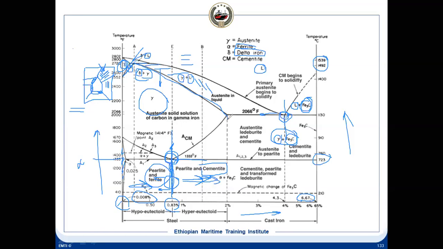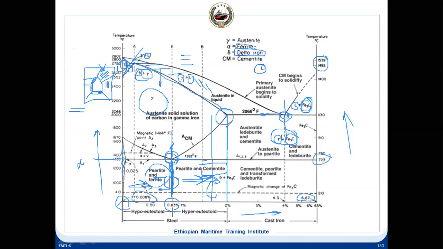So up to this we have one structure. We call it that because austenite ends here, solid austenite. It means after that we have the austenite plus liquid mixing. Single phase will be only this. And if you move down, suppose austenite is here, we are moving down, what will we have? There will not be ferrite, it will be pearlite and cementite. It means pearlite will be a mix of cementite and ferrite. But pure ferrite will be only on this side, and as we move, ferrite will transform into pearlite and it will be completely pearlite.